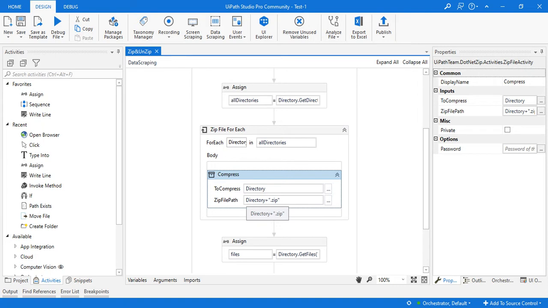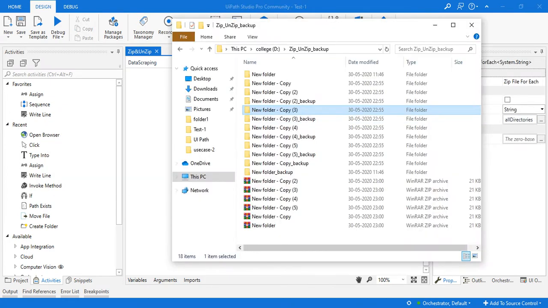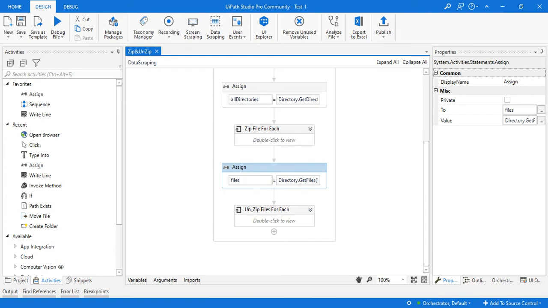If we want to make it a rar file, we can make it a rar file. And then this is the part, guys, up to how to zip all the folders. And then this is the part, guys, where some trick is available here. We just have to understand it.